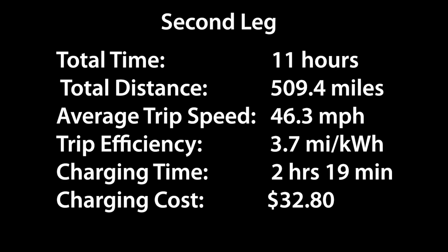All right, well, while I charge up enough to feel comfortable driving into work tomorrow morning, I figured I'd do a bit of a recap on the trip. This trip still ended up taking 11 hours, which was much longer than I wanted it to take, but it kind of goes to show you what will happen when everything goes wrong. We were on track to make this about a 10-hour trip when there was a fire on the Grapevine. And I seem to recall way back at the beginning of this video, when we were about to leave with only 50% battery to make the first 500-mile leg north,